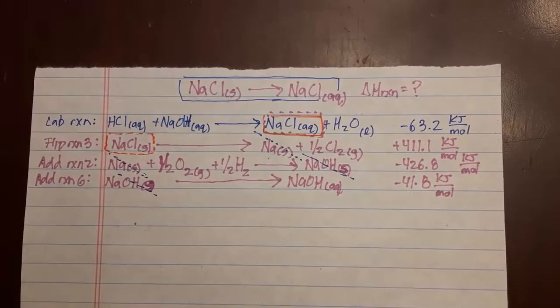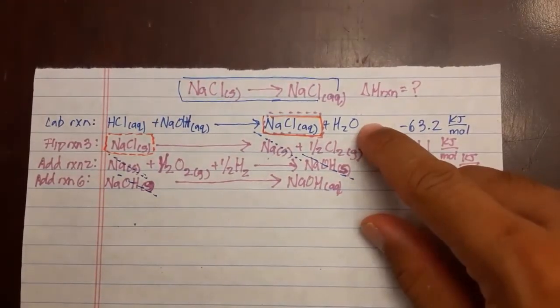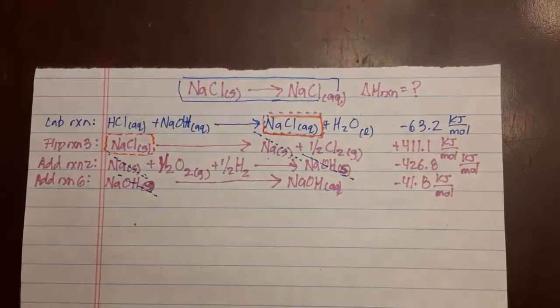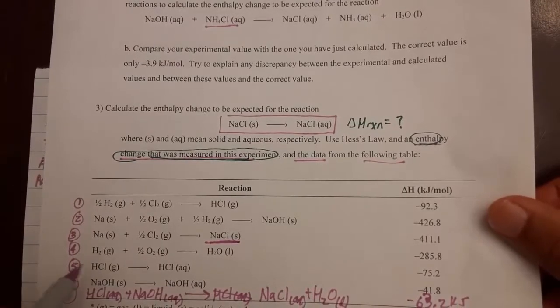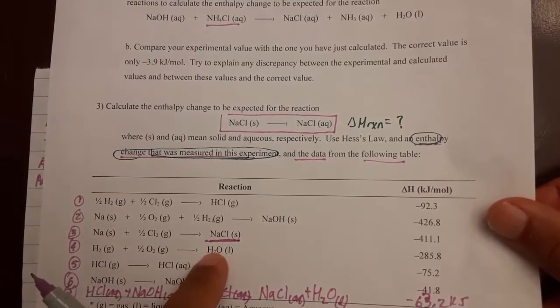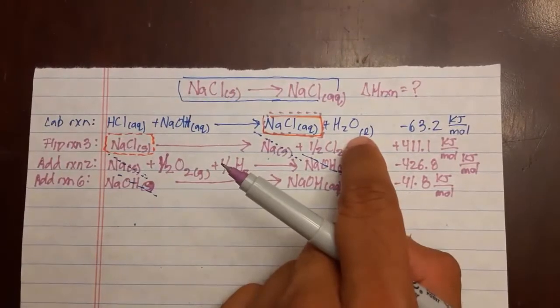Let's look at the H2O water here. Another thing is that H2 gas. So let's look here and see what we can figure out. Let's look at reaction 4. This catches my eye here. I have the H2O liquid on the product side. Here I have H2O liquid on the